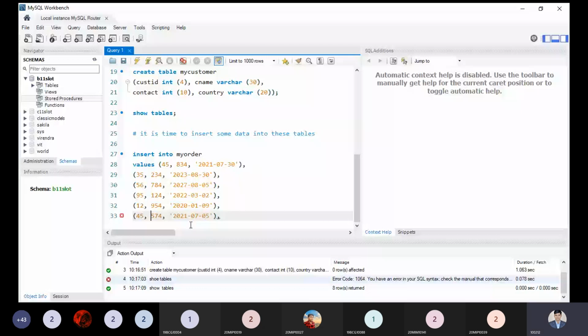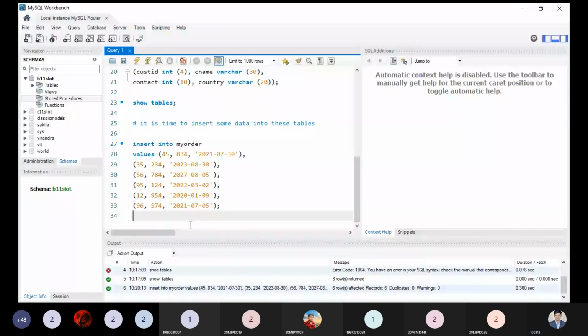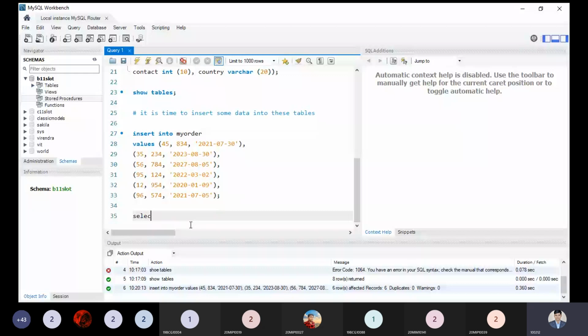After removing the last comma, let me execute the syntax. After executing this syntax, you will see 6 rows. Select star from my order. Now you will see 6 rows of data entered over here.